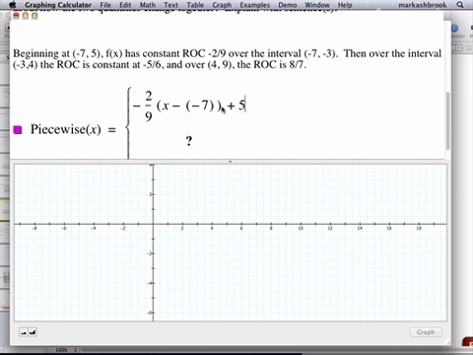So plus 5, right? So this was what we worked on last Friday, and in recitation, your homework. We're going to call this point-slope form. Given a point and the slope, this is our point-slope form. But we want to specify that this is only true for x values in this first interval from -7 to 3. So what we could do is write if